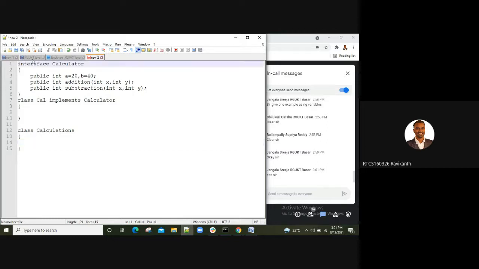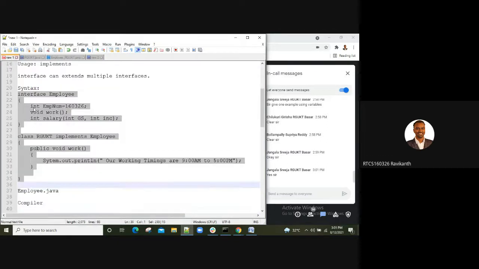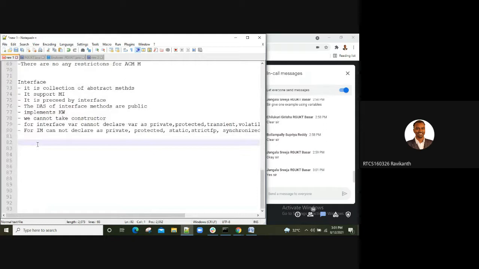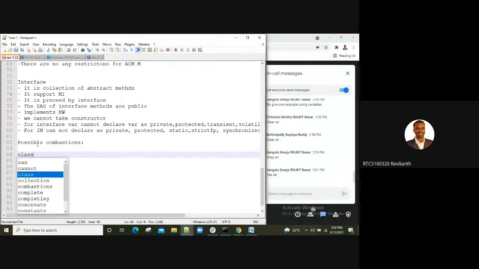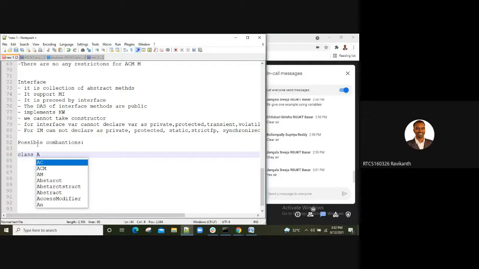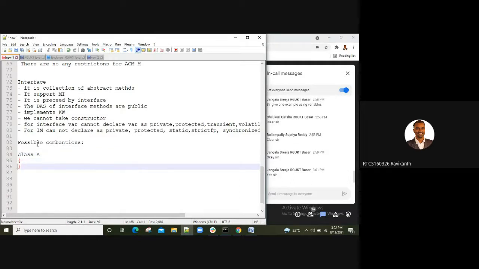So finally we can end our discussion of interfaces, like what all possible combinations we can work with. Yes, guys. So I can write a class, maybe class A. Within the class, I can write another class, a nested class.